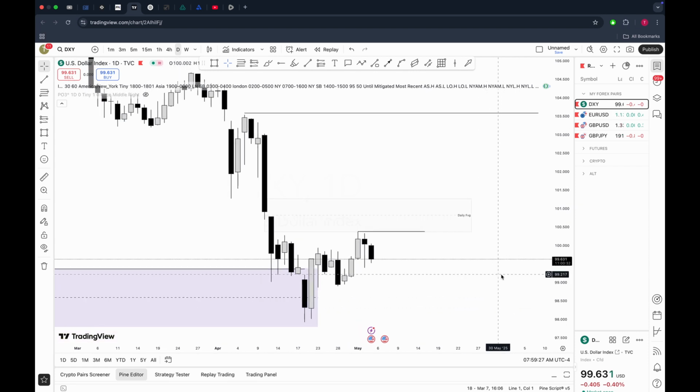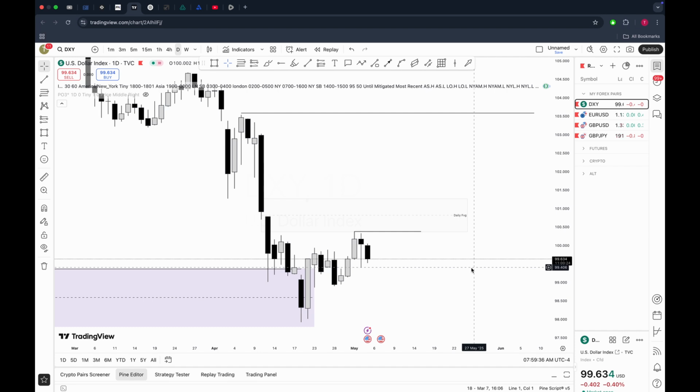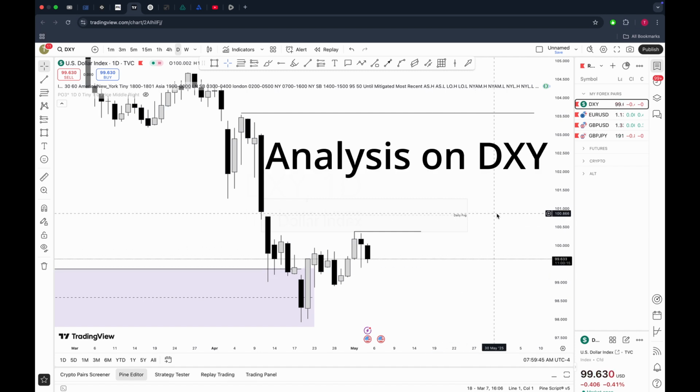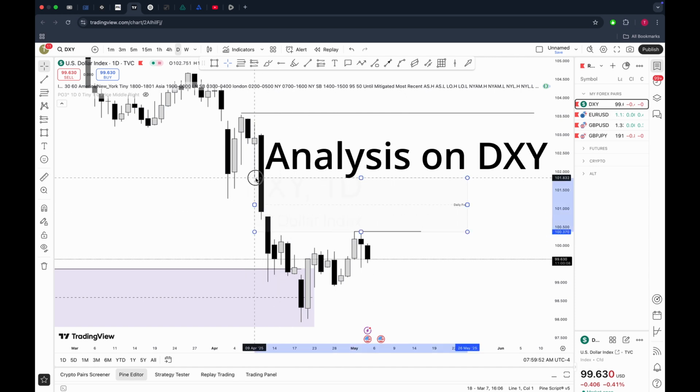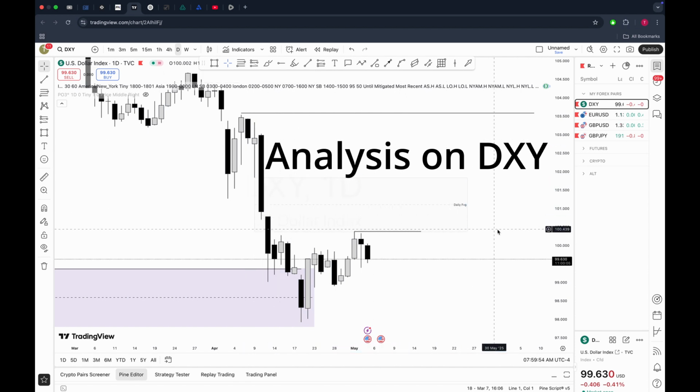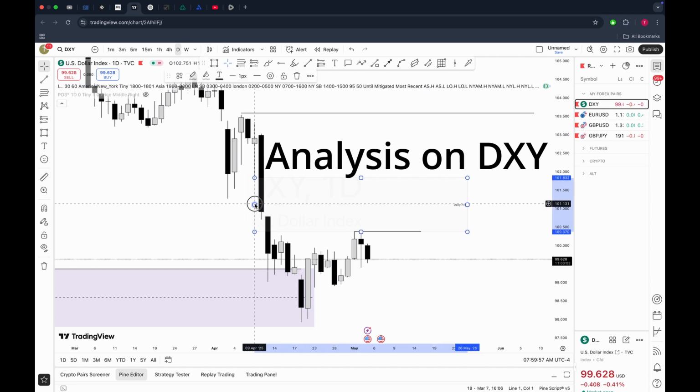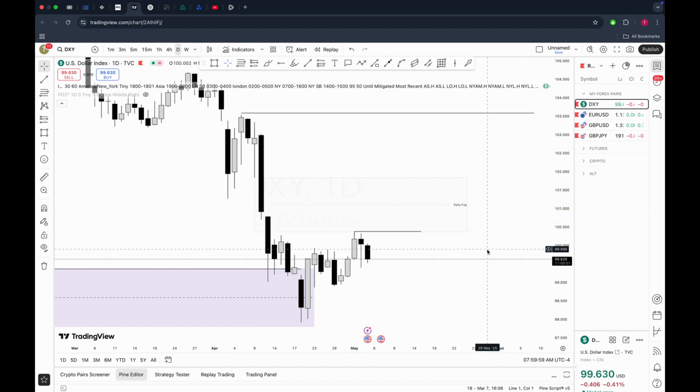This is the analysis for today. This is what I'm seeing. If you watch the weekly analysis I did, you can go back and watch that video. I'm expecting price on the XY to be bullish and at least fill this imbalance around this area. That is what I'm expecting for the week. When you watch the weekly analysis, you understand what I mean by that.